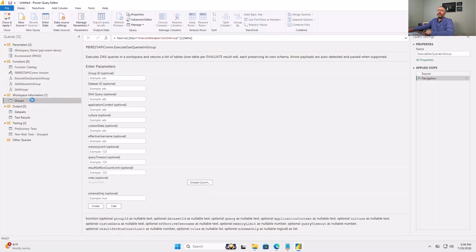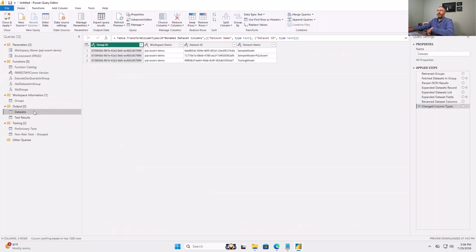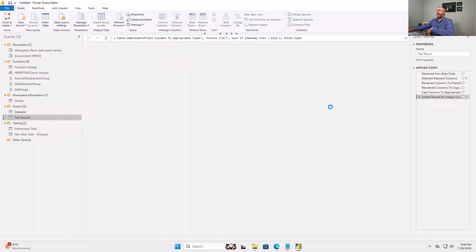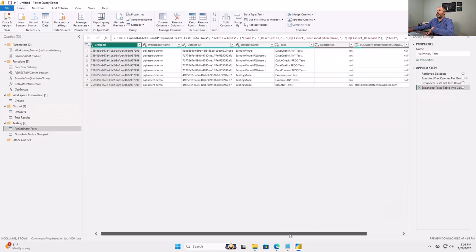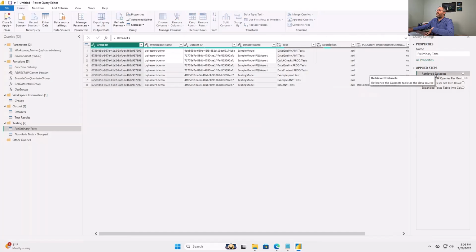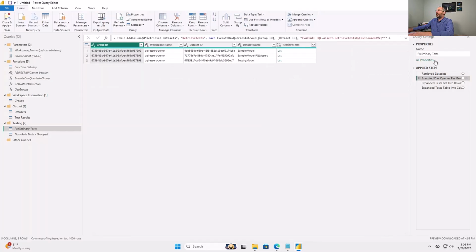And then what it does is it originally pulls in the group, then it pulls in the data sets, and then it's going to pull in the tests. Now there are a couple of steps involved in between, and I've set this up so that you can kind of see them. When it goes and retrieves the tests, it's got the data sets here, and it's actually running,